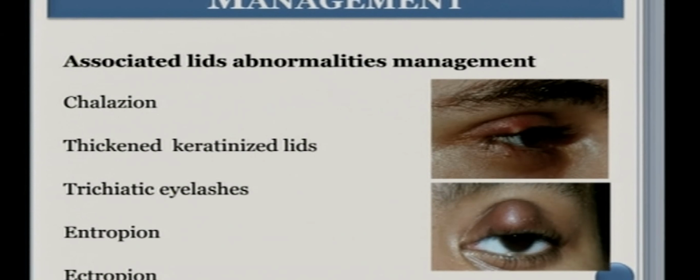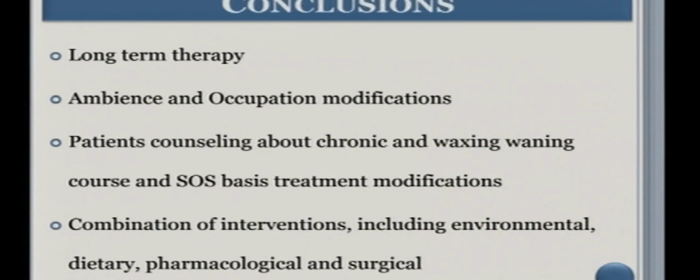Of course, along with that, we can have other problems of the lid related to Meibomian gland dysfunction, and that has to be handled. Handling chalazion or trichiatic eyelash, entropion or ectropion, that can happen in Meibomian gland dysfunction as well. So what is most important in Meibomian gland dysfunction is explaining to the patient to adhere to whatever you are guiding, because it is very easy to put the drops, it is very easy to take the tablets, but to maintain the lid hygiene, which is the most important thing,